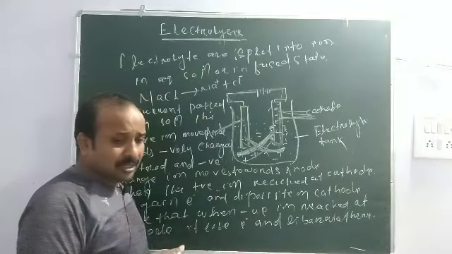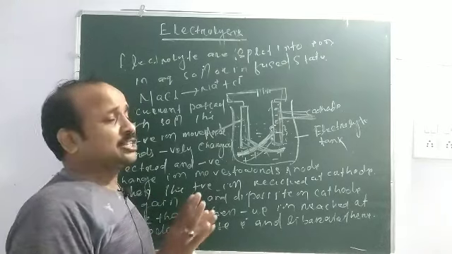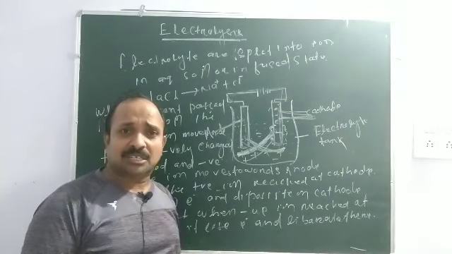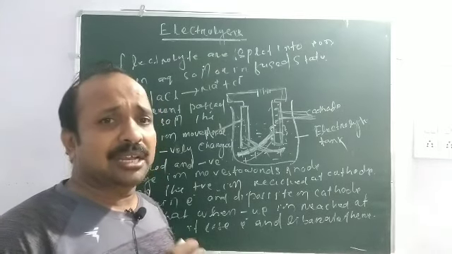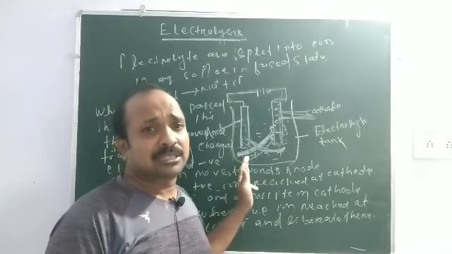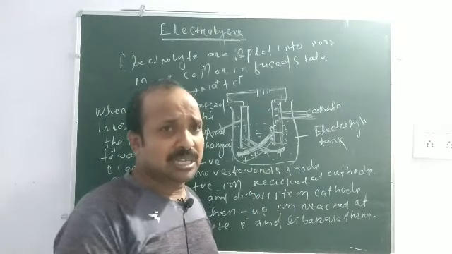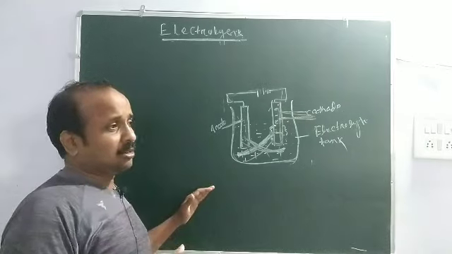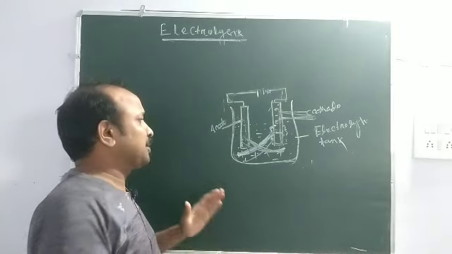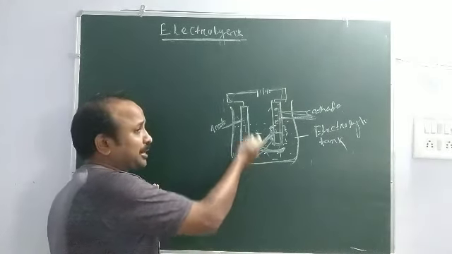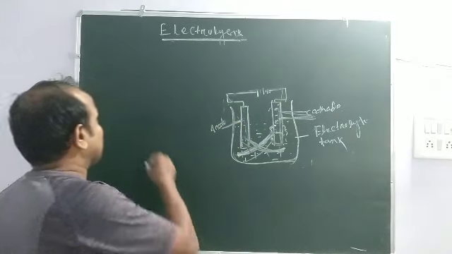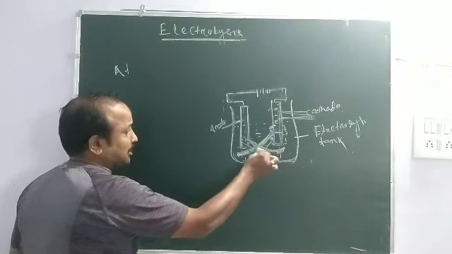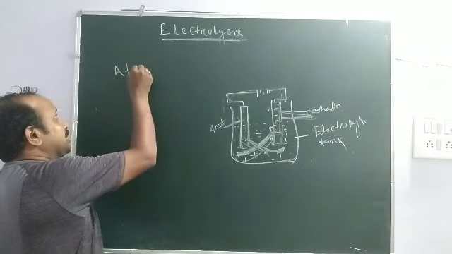Okay, then the cell reaction. What is called the cell reaction? What cell reaction takes place in this process? Now we read about the cell reaction. The electrolytic product of the electrolysis, or the cell reaction, takes place inside this when current passes through the solution. You know that the anion moves toward the anode, the positively charged electrode. So at the anode,